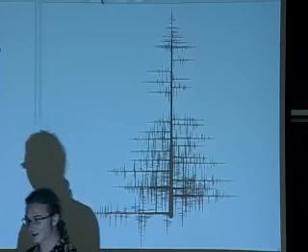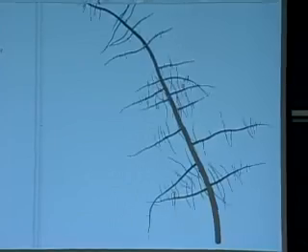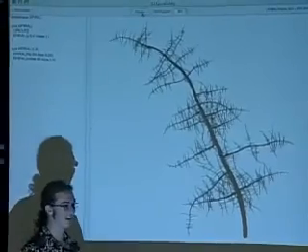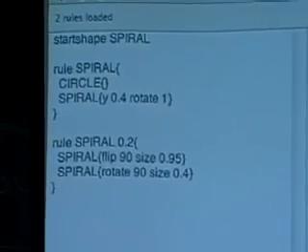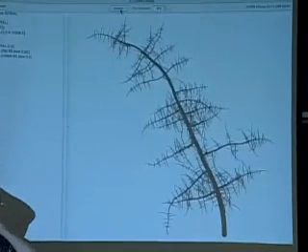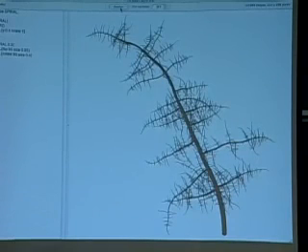This kind of structure is found everywhere in nature. It's really amazing. So if we add a little bit of rotation to the main going forward rule, or rotate 1, we get this sort of veiny look. That's when the wind is blowing on the tree, right? Or it looks a lot like vines, when a vine is crawling up a wall, or a root of a plant underground. The root sort of looks like this.